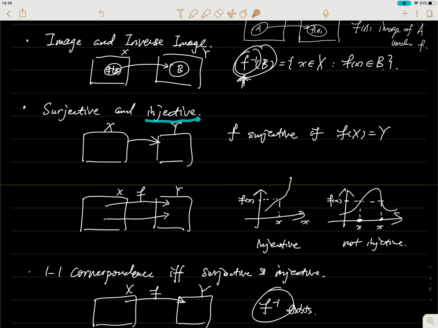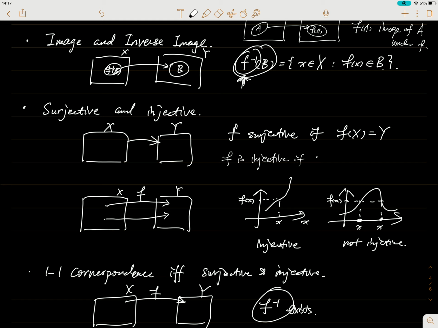The function is injective means that two different points will be sent to two different points in Y. So you will not see something like I have two points and they're both sent to the same point in Y. So if the function is injective, then if you have two points in X, then they will be mapped to two different points in Y. So this is usually defined as, say, f is injective